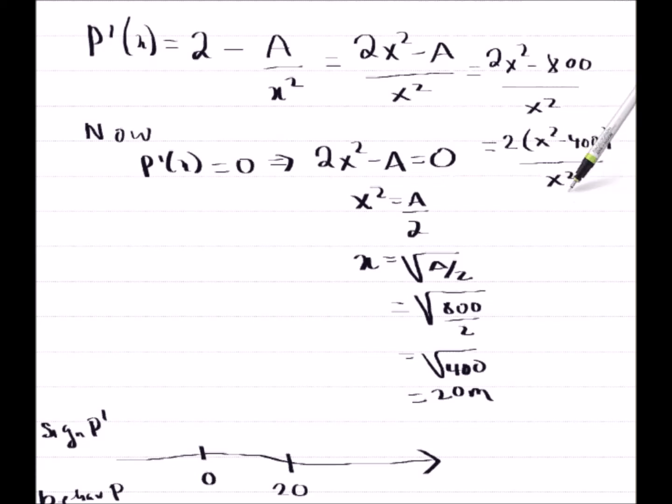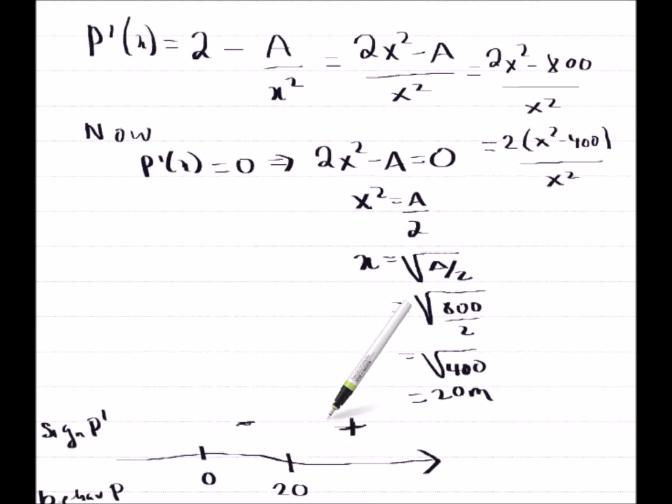So if I'm between 0 and 20, this bracket here will be negative. This is always positive. This is a positive constant, so I'll have a positive times a negative over a positive. So overall, everything will be negative here. So the sign of p prime is negative. But if I'm above 20, this bracket is now positive. So this is a positive here. But notice that with square root of a over 2,